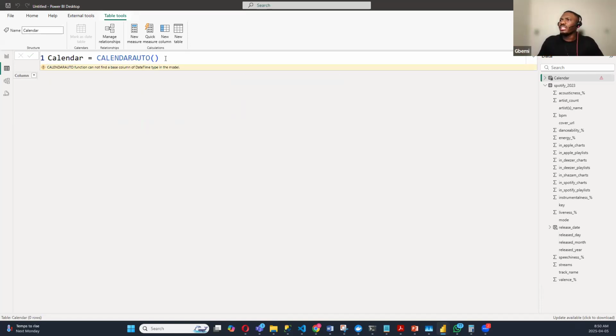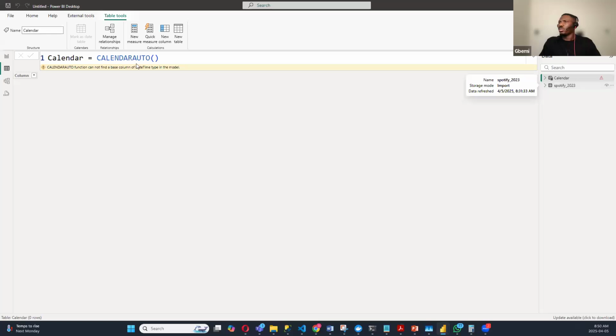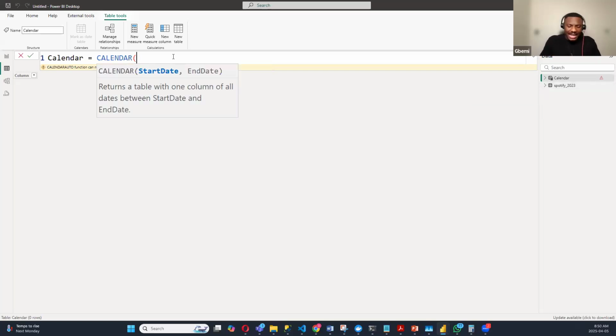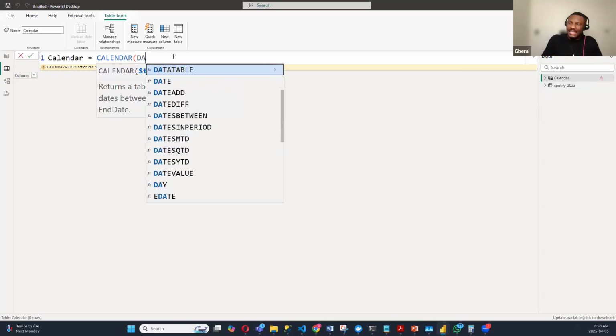Cannot find a base column of dates in the table. Oh, we've not changed that field to a dates field. Okay, then let's do it manually then. So type calendar, open your brackets. So for the start date, type dates,